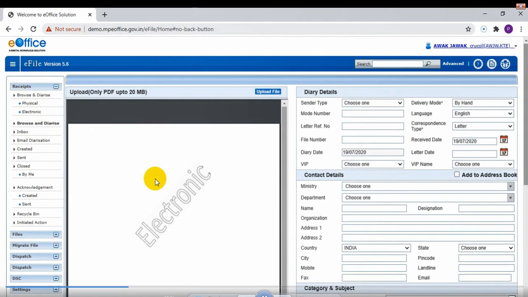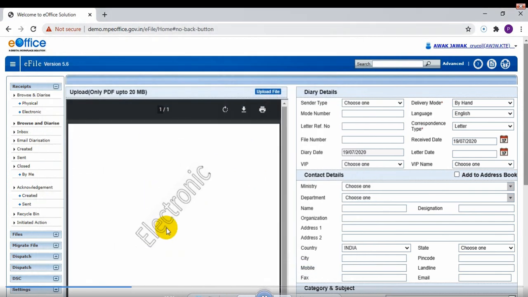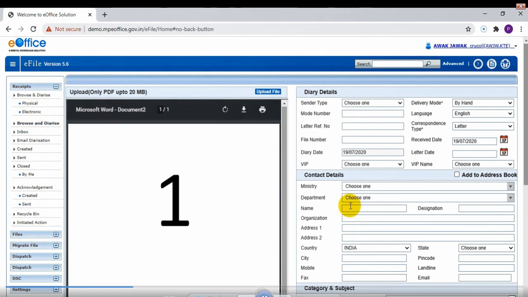I will open one, just a second here, right? I will click on the upload file button. Then I will browse the first.pdf. It should get open here. Now on the right side we have to give some basic information which we have discussed a lot in the receipt video, in both English and Hindi versions, in depth.